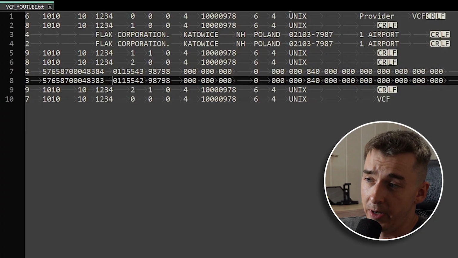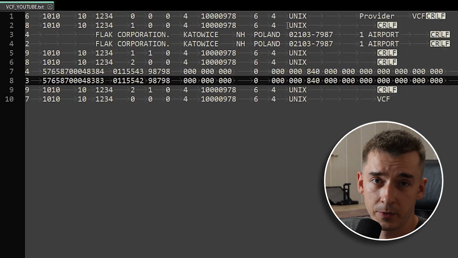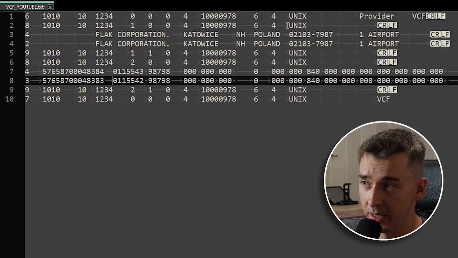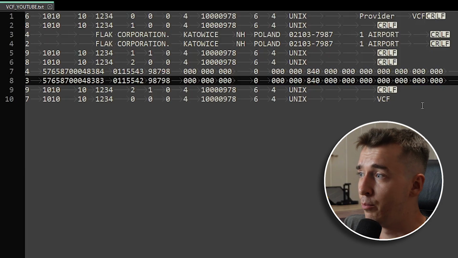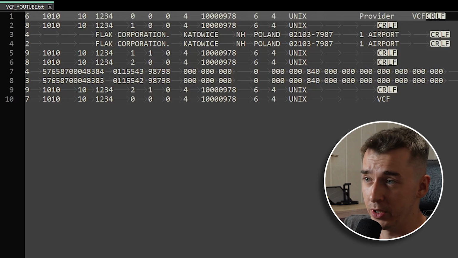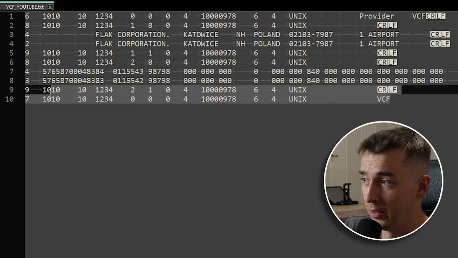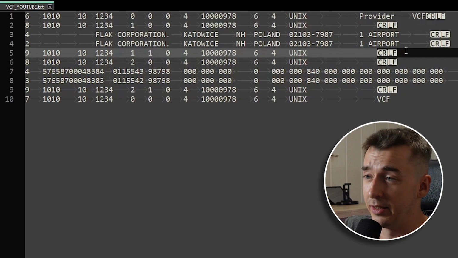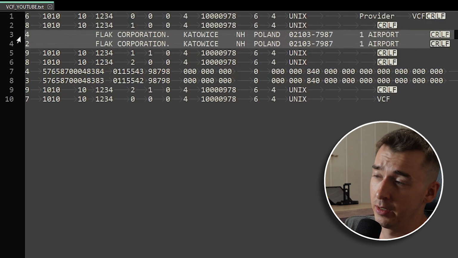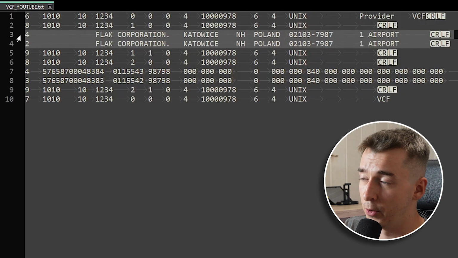And here, I will also show you the VCF sample file. This is more or less how it looks. Of course, it's very simplified and anonymized, so you are not going to see any restricted data. We have a file header and a file footer, and here we have a section header and a section footer, and everything in between is the records which need to be parsed for a particular